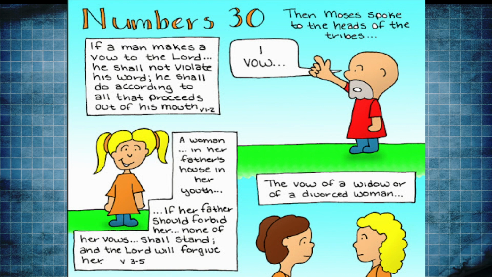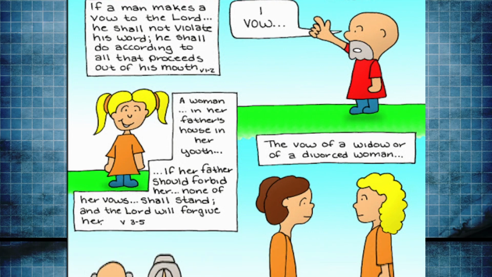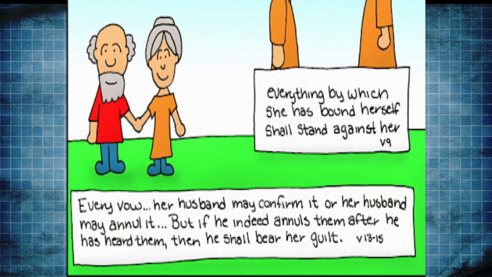Then we have a vow of a widow or a divorced woman. Now, let's go see what this says. Verse 9, any vow of a widow or a divorced woman, anything by which she has bound herself, shall stand against her. If she vowed in her husband's house or bound herself by a pledge with an oath, and her husband heard of it, this is a woman, not a widow in this case,